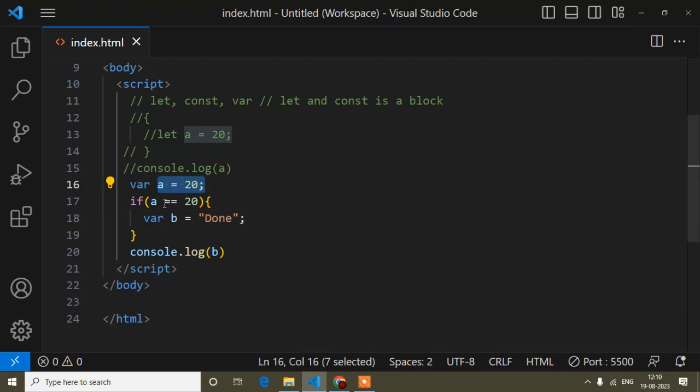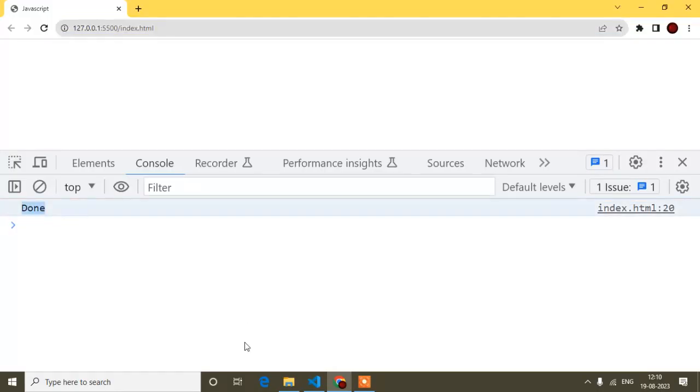So here I am checking if a is equal to 20 or not. So obviously it is equal to 20 because I have written a is 20. So that time b is done. I mean I have created it: if a equals 20, then this b variable will be created. And now I am just consoling this b variable. Let's see what will be the output. So I'm getting the output: done.